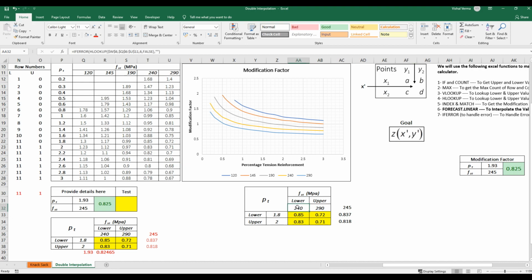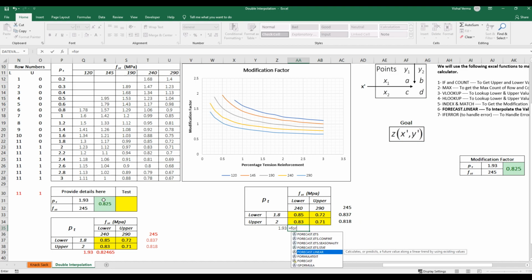So right now we don't need this data anymore. We just need to use these values to calculate for 1.93 PT. So I am referring to this 1.93. Okay, so let's calculate again FORECAST.LINEAR. What is the x value here? It is 1.93.